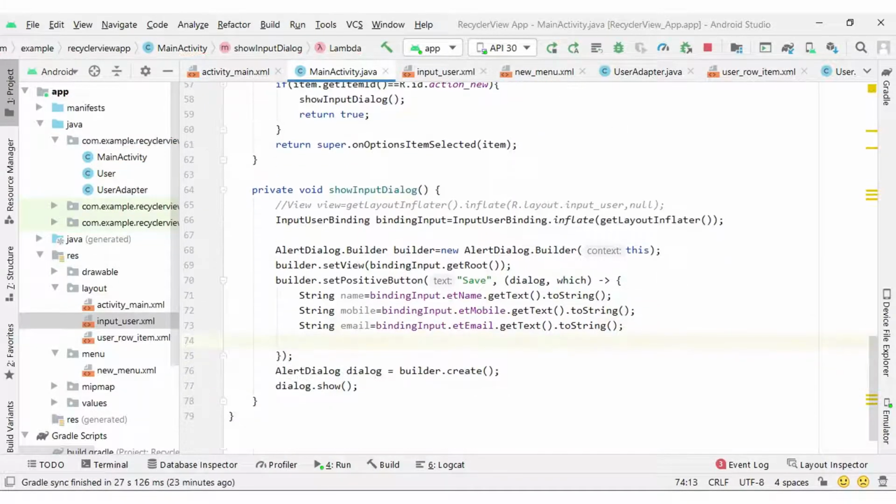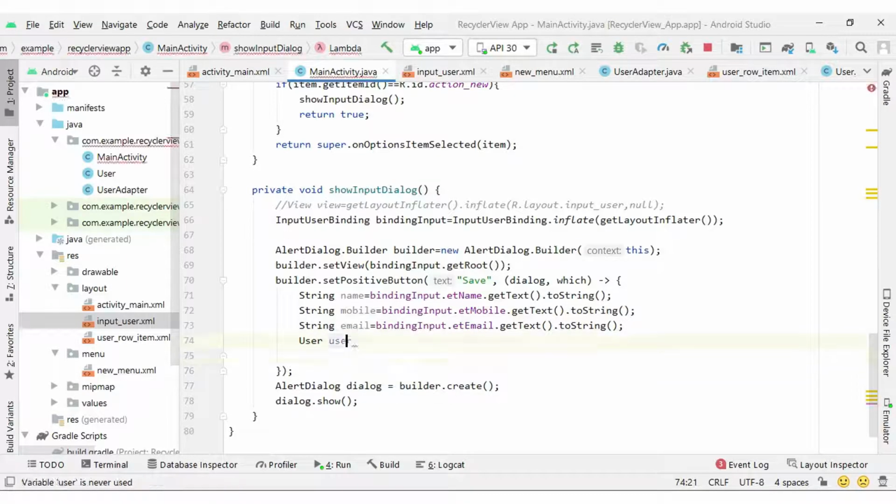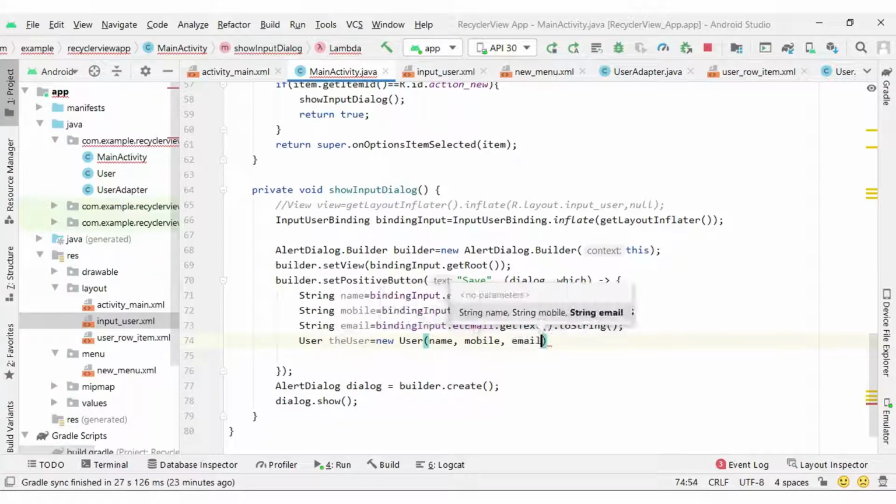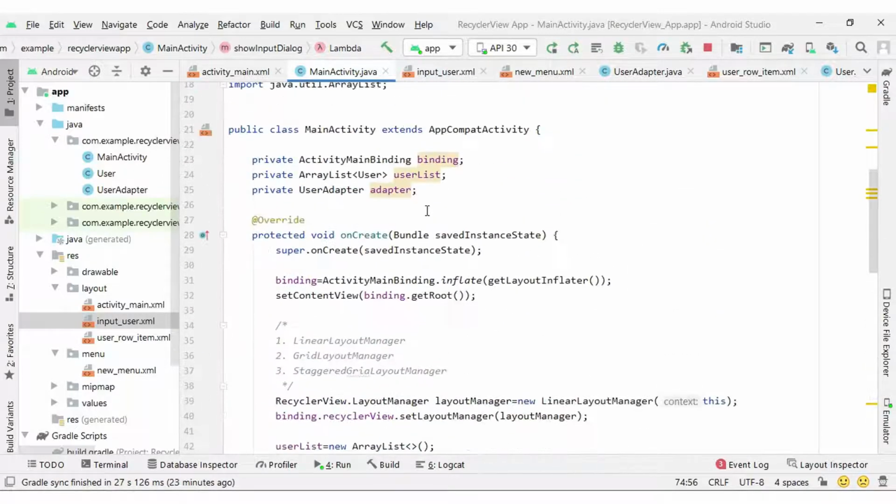With these three pieces of information I will create a user instance. So you can see, user equal to new user, and inside the constructor I will pass name, mobile, email, and this user I will add to our array list.